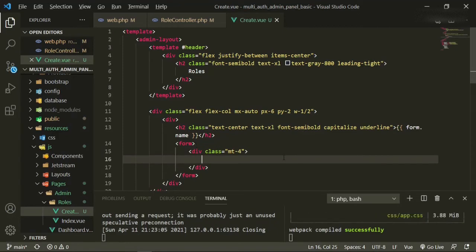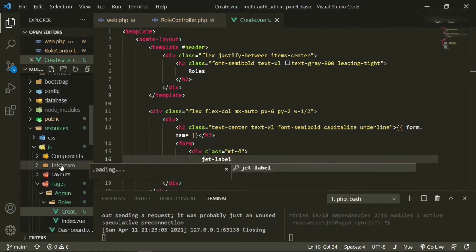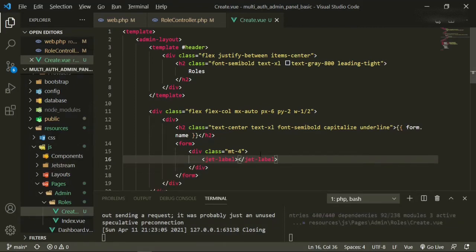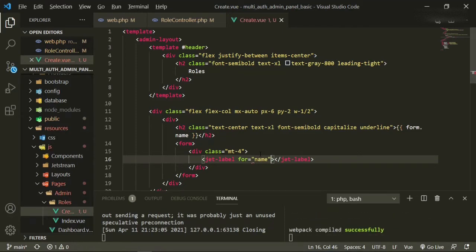and in here we're going to put jet label, and that's just again from the Jetstream folder. We're grabbing one of those components. So jet label, and then it's going to say for equals name, value equals role name, and the class equals text-xl.